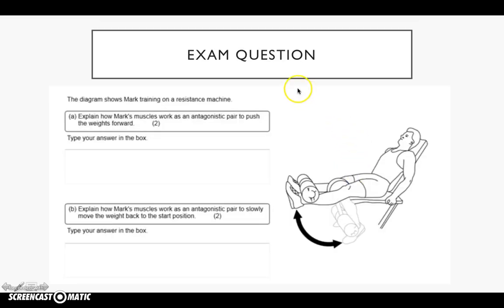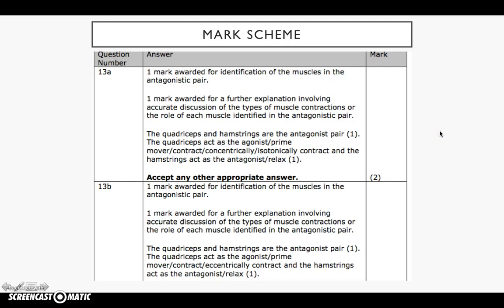Finally, I want you to pause this and answer these questions for me. Here are the answers, so go through the answers. So the quadriceps and hamstrings are the antagonistic pairs, i.e. they work together. The quadricep acts as the agonist and concentrically contracts, and the hamstring acts as the antagonist or relaxes. For 13b,